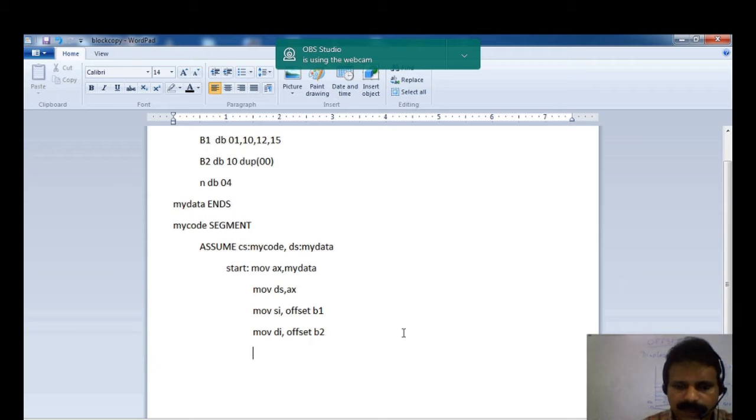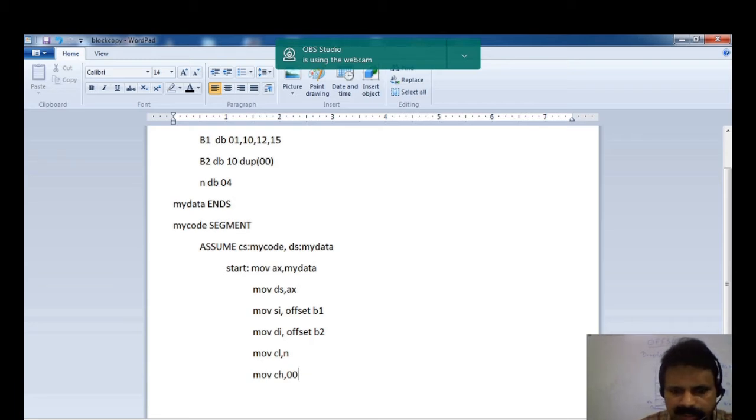So I'll be moving the count of bytes, that is 4, which is n, into the CL register. Since the CX register is involved in this instruction's execution, I should maintain CH as 0.